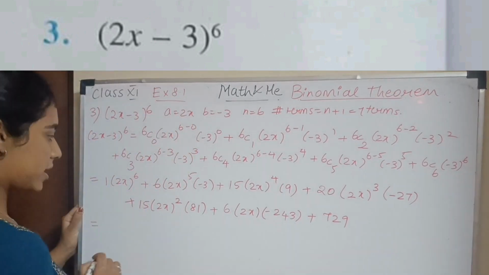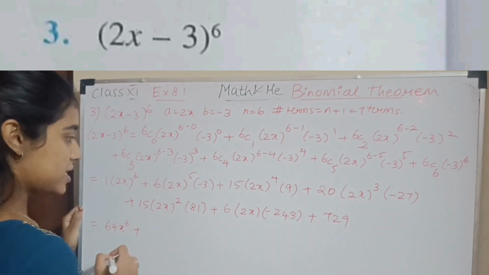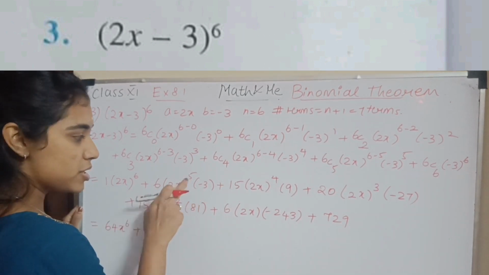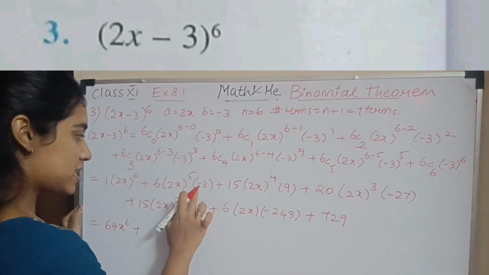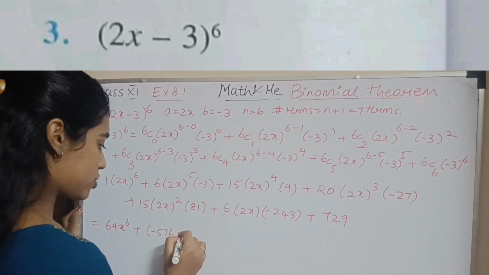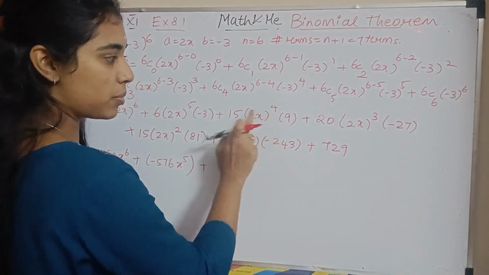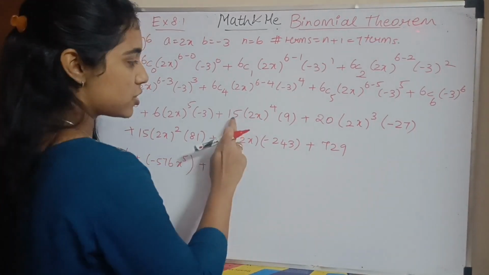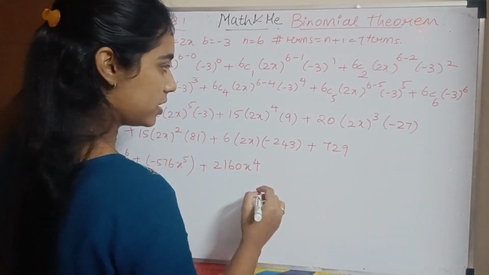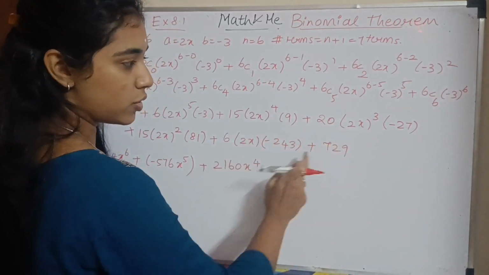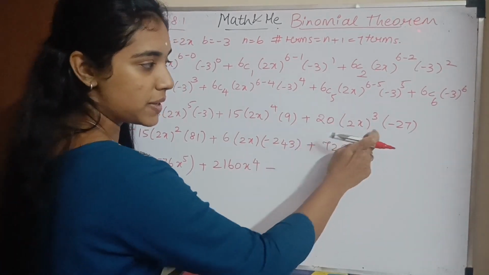Okay. So if I simplify, I have 2x to the power 6 which is 64x to the power 6, plus I have 6 times 3 times 2 to the power 5, which is 32. So it is 18 times 32, which is minus 576 x to the power 5, plus 15 times 9 times 2 to the power 4. 2 to the power 4 is 16. So it is 15 times 16 times 9 which is 2160 x to the power 4. Minus, next I have 20 times 8 times 27. 20 times 8 is 160. 160 times 27